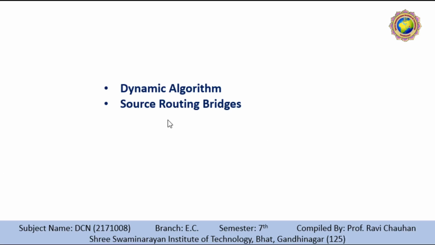Next is source routing bridges. Another way to prevent a loop in a system with redundant bridges is to use source routing bridges. A transparent bridge's duties include filtering frames, forwarding and blocking. In a system that has source routing bridges, these duties are performed by the source station and, to some extent, the destination station.